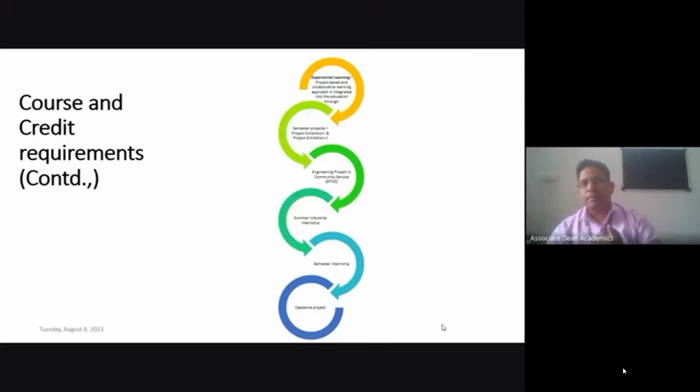For example, experiential learning, which consists of project based learning and collaborative learning, because here at VIT Bhopal we have the Caltech system, collaborative and active learning through technology, on which you will have a detailed session. After this particular session, it will be taken by Dr. Sweta Mukherjee madam. So you will have a deeper understanding of what Caltech means and how to proceed with Caltech at the university. What is the advantage of Caltech?